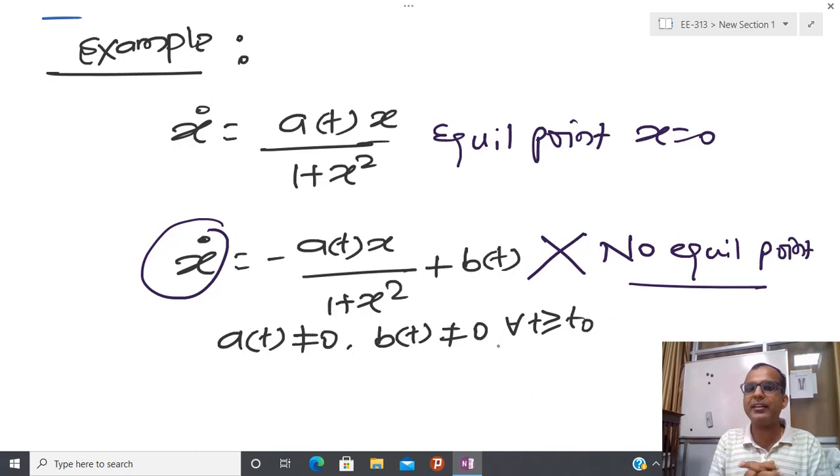After that, what we found is that in a linear system, either we have a unique equilibrium point, or if I have infinitely many equilibrium points, then they are connected. So using linear control theory, I cannot create some class of system which has more than one isolated equilibrium point. That is one of the main restrictions of linear control theory. And we have seen how to define the equilibrium point for linear autonomous systems, nonlinear autonomous systems, nonlinear time varying or non-autonomous systems, and LTV systems.